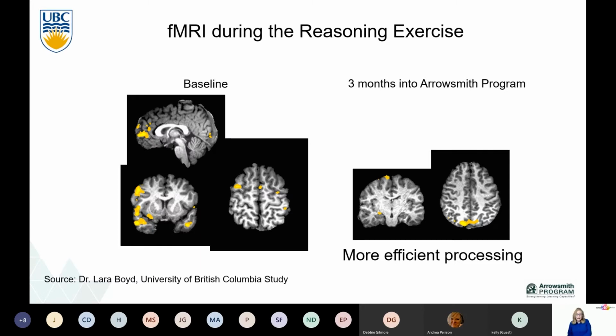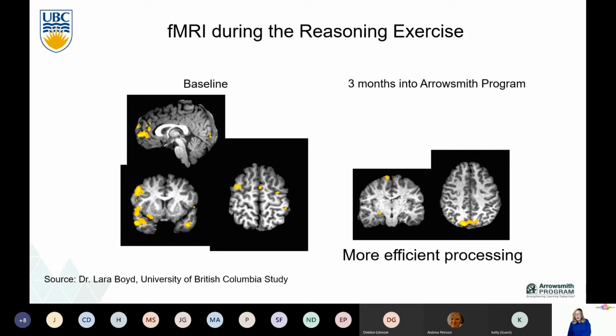So not exactly like the clocks exercise, but the closest we could get to adapting it to having to lie in a scanner where you can barely move. And what the research found was, from baseline, before they did the exercise, and 3 months into doing the exercise, so these were students in the full year program,